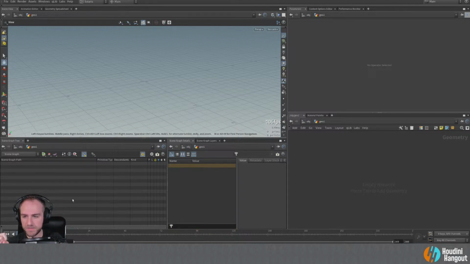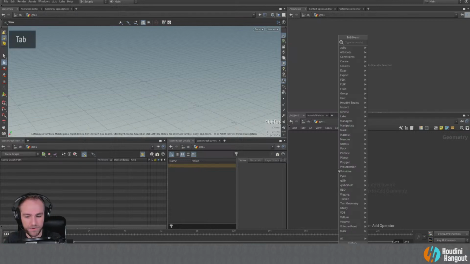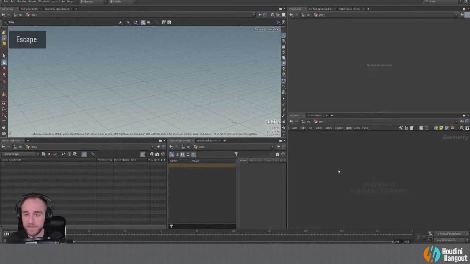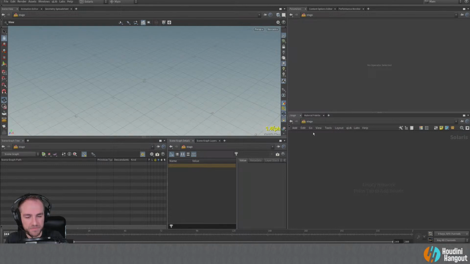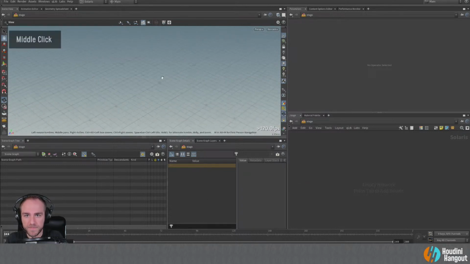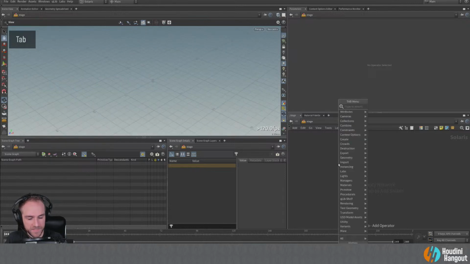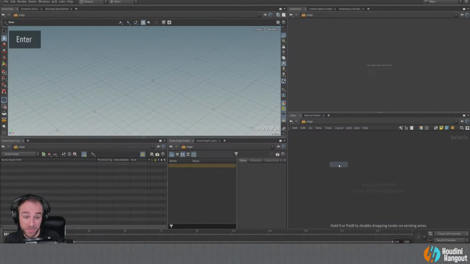Instead of just having a blank scene here, why don't I put down a primitive node? Oh, sorry, that's why, because I'm in the wrong geometry here. My bad. Let's go to the stage. I'm just right clicking there, going into stage. Now we're actually in Solaris. I was just in the wrong spot there. It's like, why is that not coming up? That's weird. It should be the first in the list.